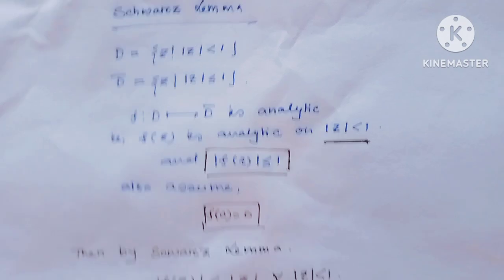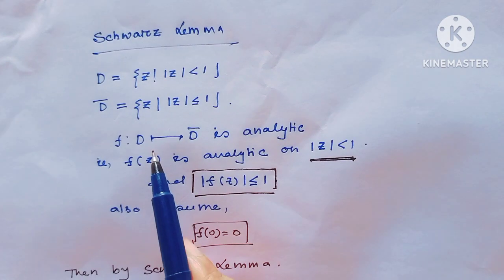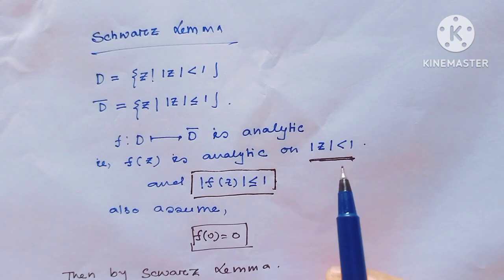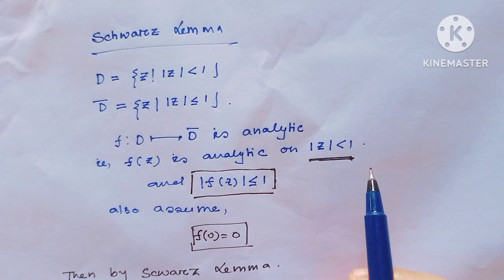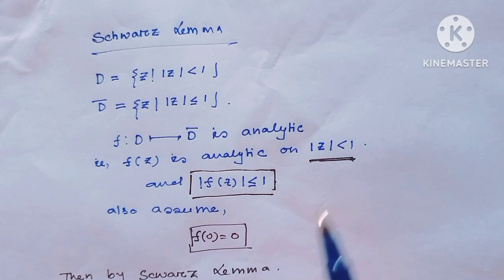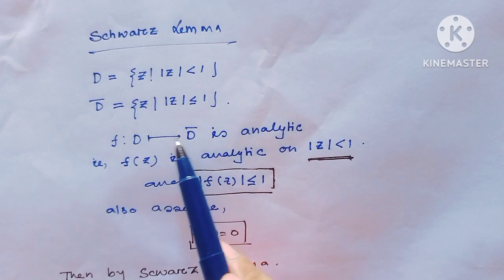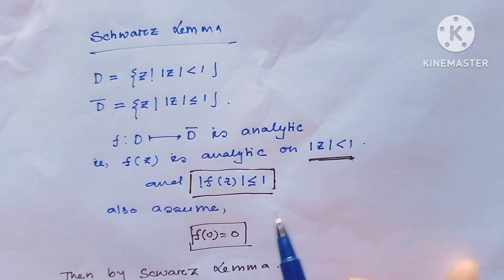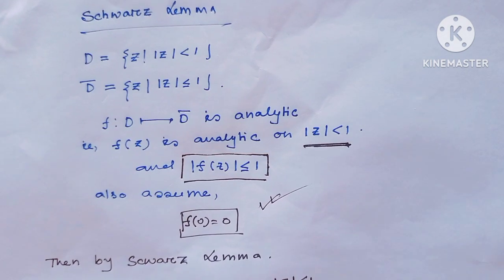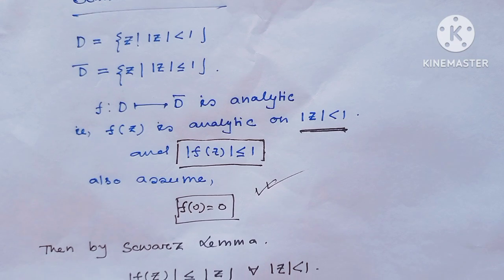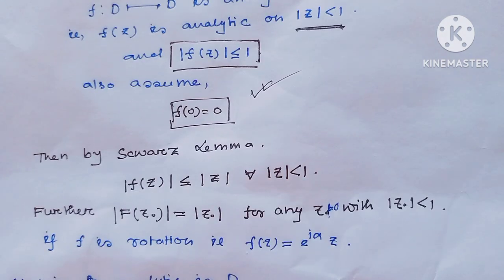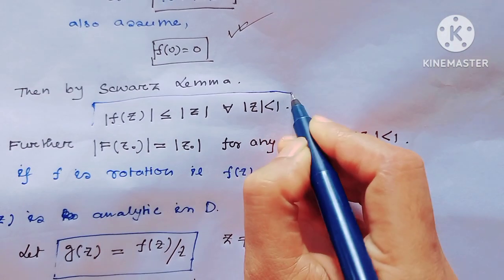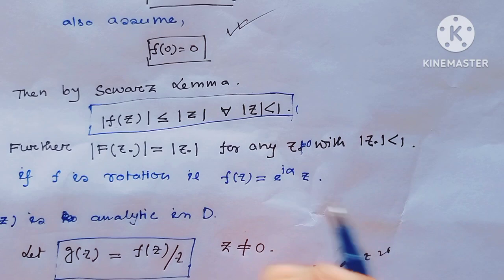That means by Schwarz Lemma, if f is a mapping from D to D closure, then f is analytic. That means obviously f is analytic on |z| less than 1, and that implies modulus of f(z) would be less than or equal to 1, since it is mapping from D to D closure. And in Schwarz Lemma here we assume also f(0) equals 0. Then by Schwarz Lemma we can tell modulus of f(z)